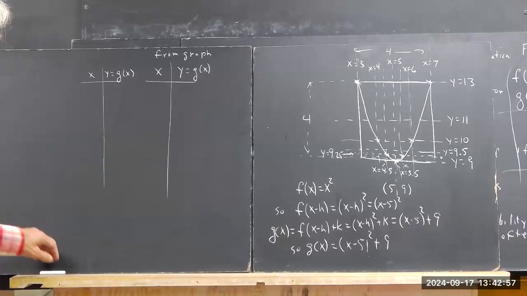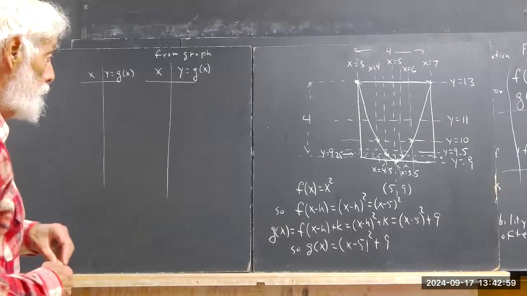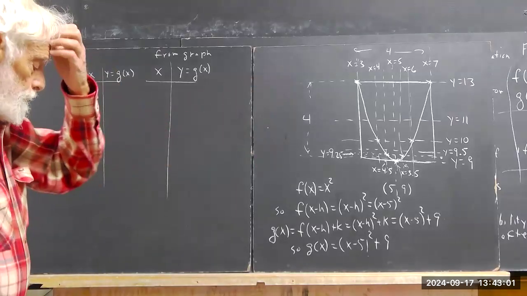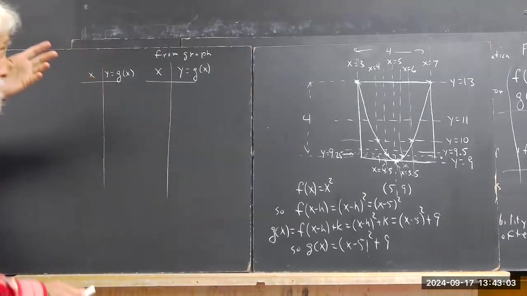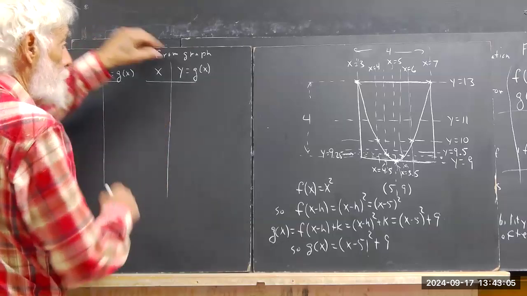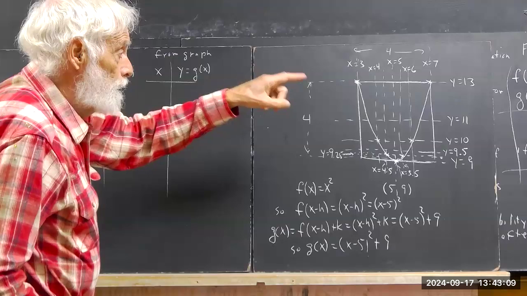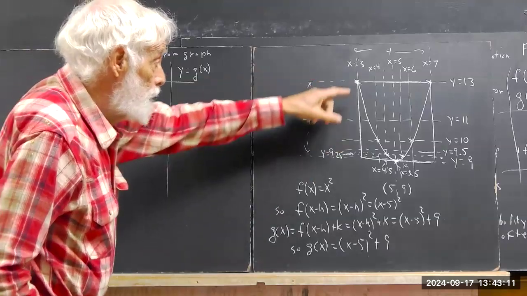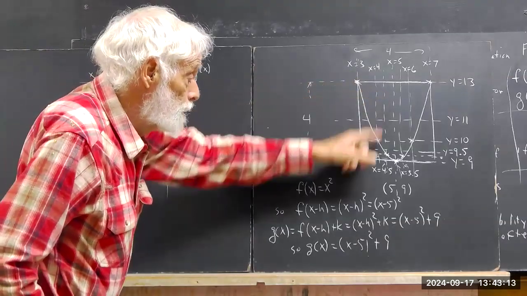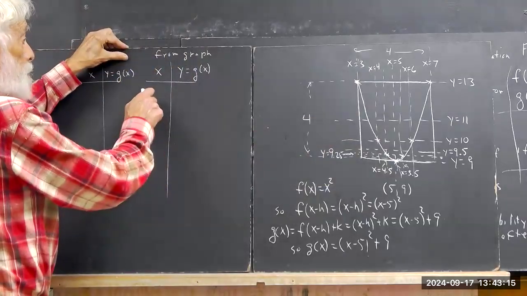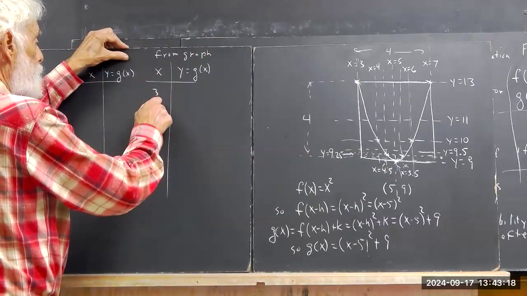Now it should be very clear that the points on my graph have x values of 3, 4, 4.5, 5, 5.5, 6, and 7. These lines are all labeled. So you have 3, 4,